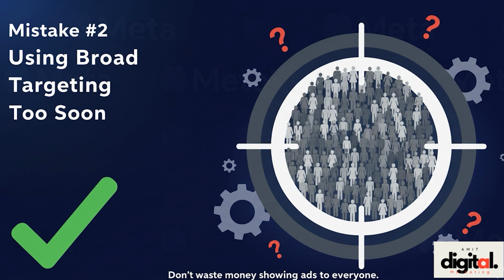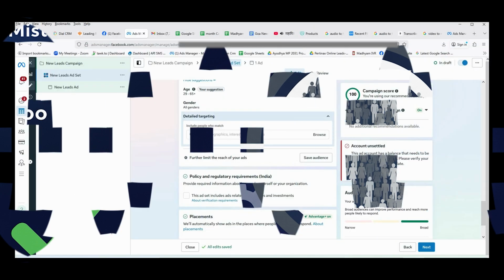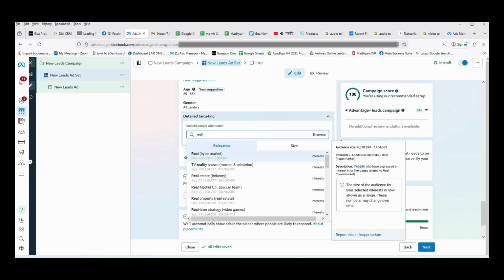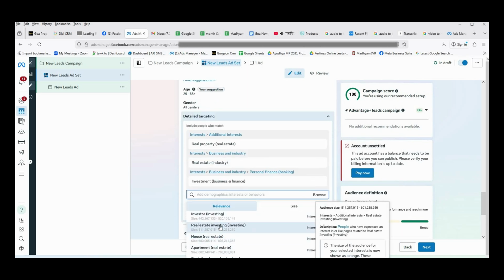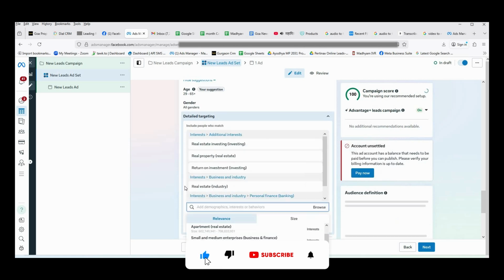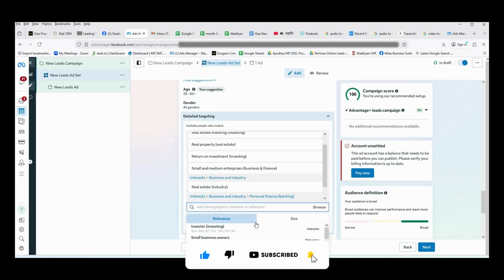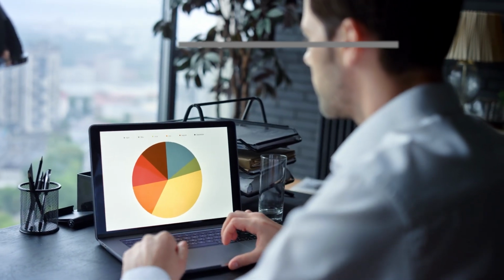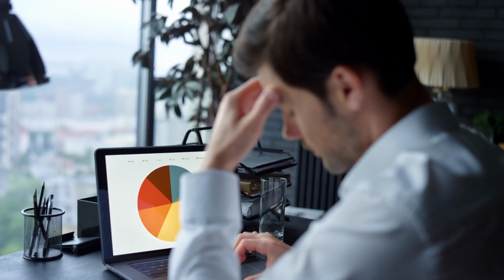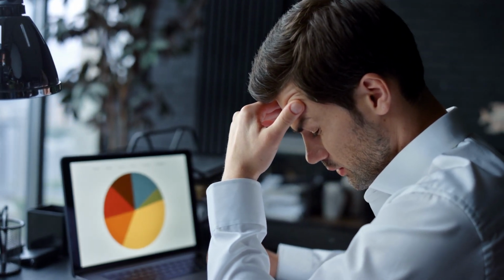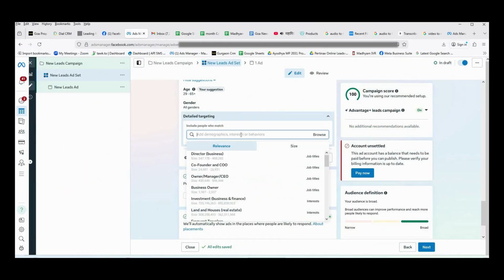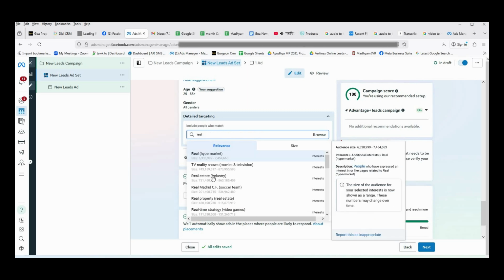And second is broad targeting. A lot of people think broader is better. They leave targeting completely open, no interest, no filters, nothing. Meta will find out everything. But if your ad is new and Meta does not have any data yet, it has no idea who your audience is. That's why your results are poor and your ad cost goes high. Then how can you fix this? Start with interest-based targeting first. Once you get a few conversions and Meta has found your audience,